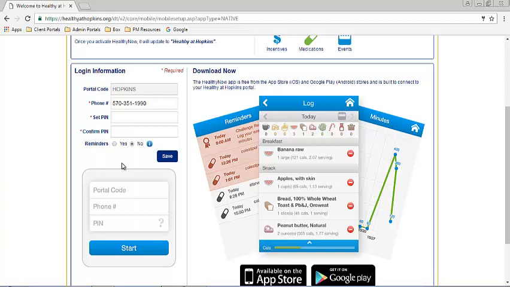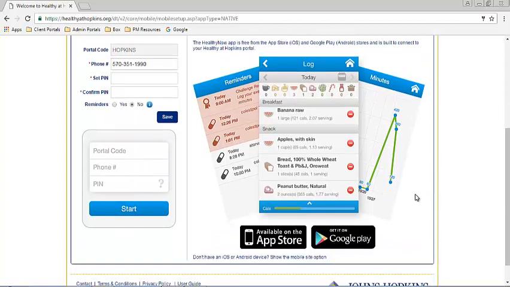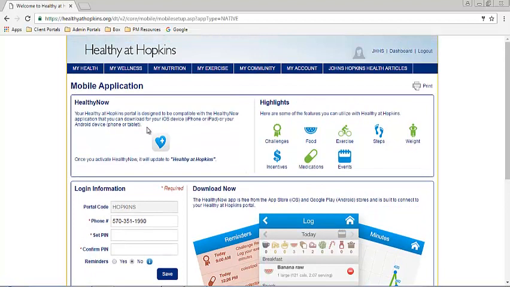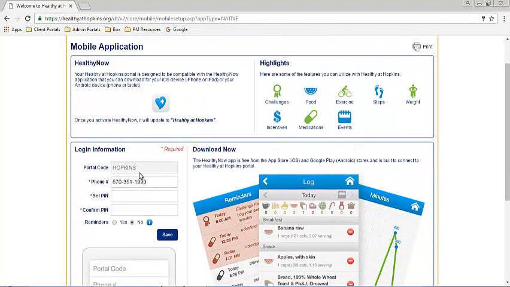Some reminders could be anything, such as reminders for participating in a challenge or a message reminder if you are securely messaging with a coach through your portal. Select Save, and from there you'll be able to go into your app store, whether on your Android, your Google Play, or iPhone for iOS. You'll need to search for the Healthy Now app and look for this icon. That way you'll be able to download that app and then simply enter in the portal code, PIN number, and